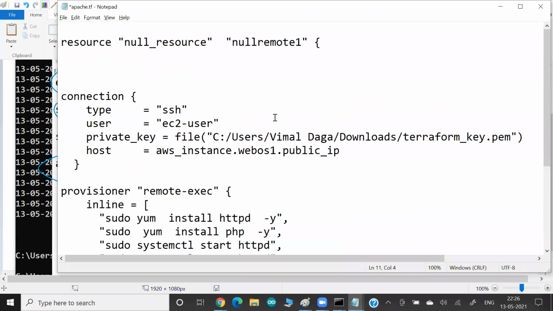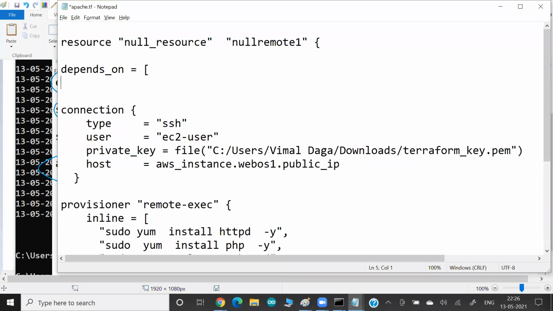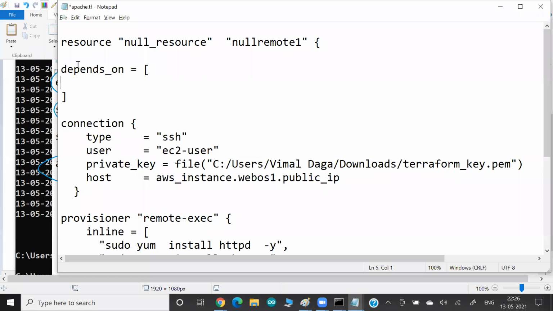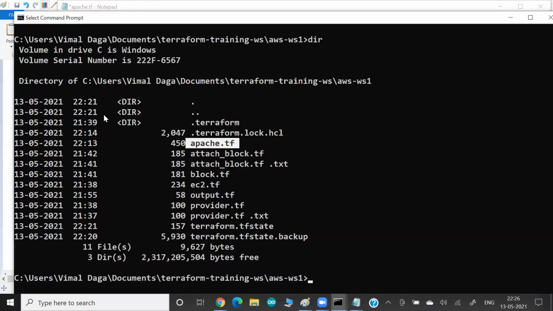So you can run this resource in any order. Maybe sometime you run this resource before, after, we don't know. So I would like to tell you very clearly here that I am a resource. I purely depend on some of the resource. Which resource? This one. So if you go inside this file,